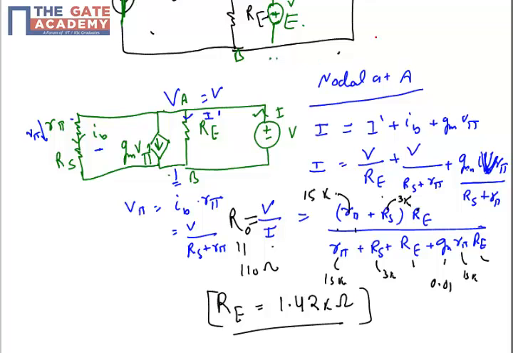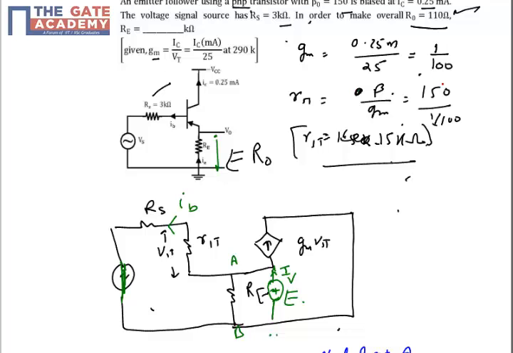So it's a very simple calculation. The bottom line is that it's a standard case of output resistance calculation. We need to replace the BJT with the R pi model. We have chosen the R pi model because the question has already given you the relationship of GM, so we can calculate the GM and then simply calculate the R pi. So I have replaced the BJT with the R pi model.